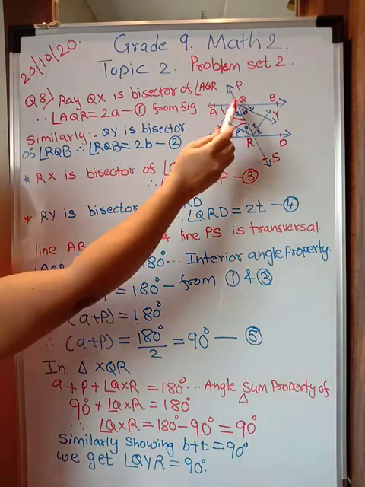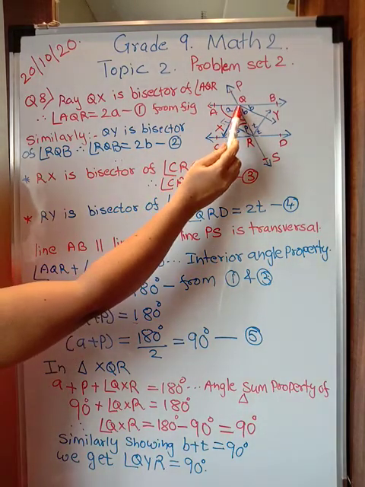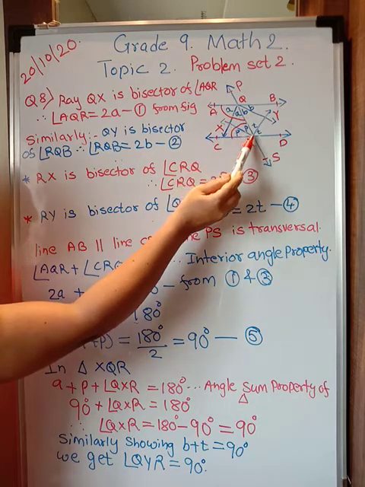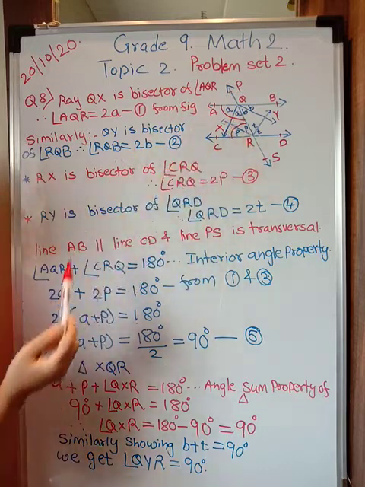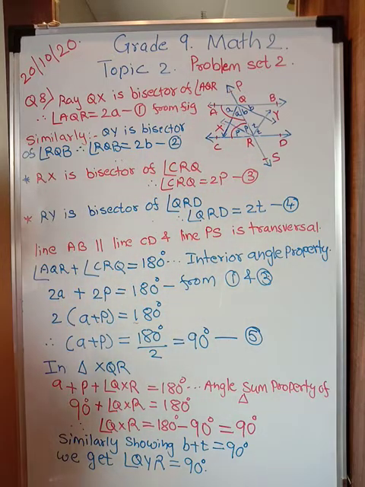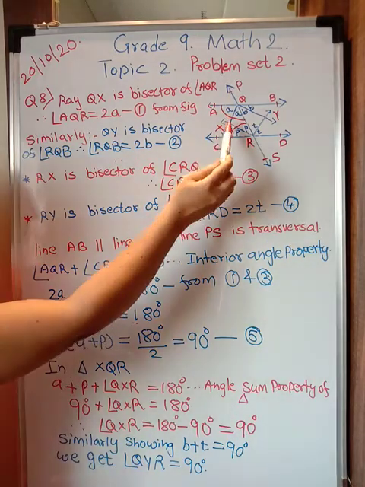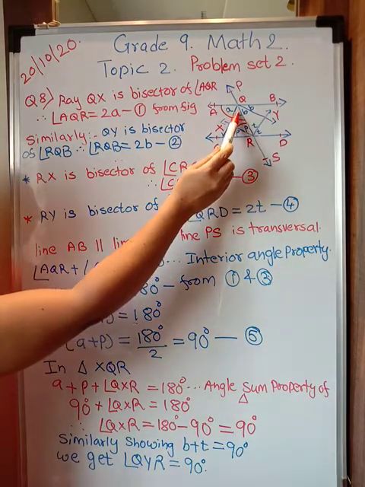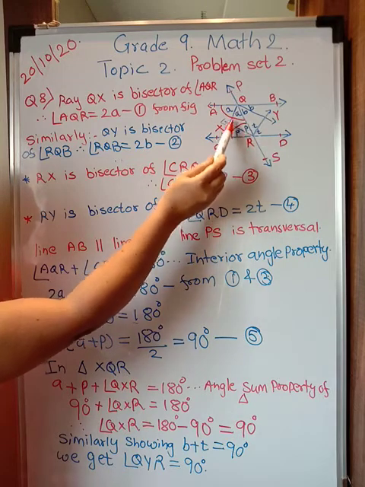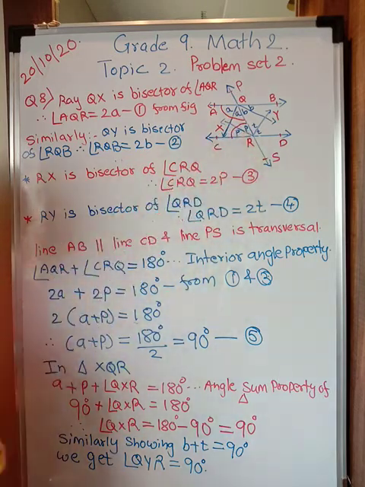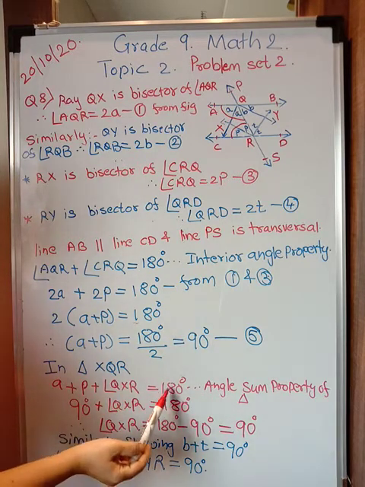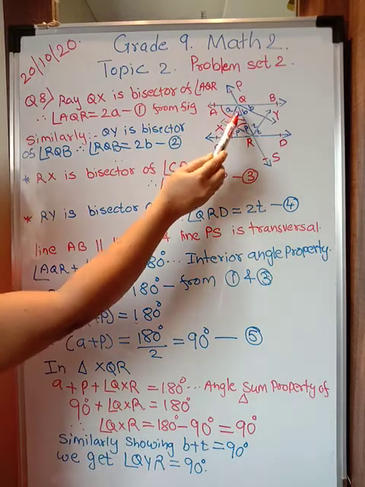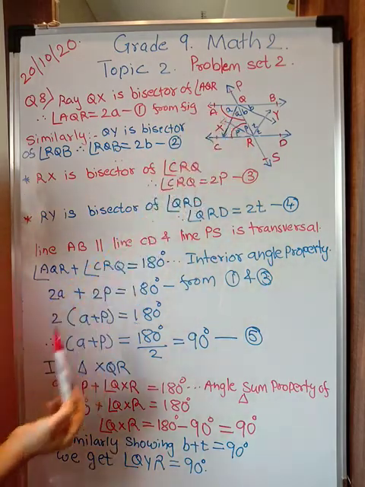Okay. Now consider this triangle. Which triangle? Q, X and R. Can you see this triangle formed over here? You know that sum of all the angles of a triangle is 180 degree. So this angle X, angle A and angle P, these three will add up to form 180 degree by angle sum property of a triangle. Alright. So these three will add up to form 180. So A plus P plus angle X will be equal to 180.